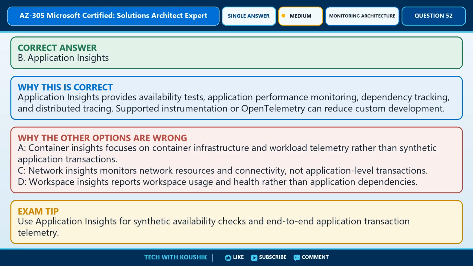The best answer is option B, Application Insights. This is correct because Application Insights provides availability tests, application performance monitoring, dependency tracking, and distributed tracing. Supported instrumentation or OpenTelemetry can reduce custom development. The other choices do not satisfy the requirement because A, Container Insights focuses on container infrastructure and workload telemetry rather